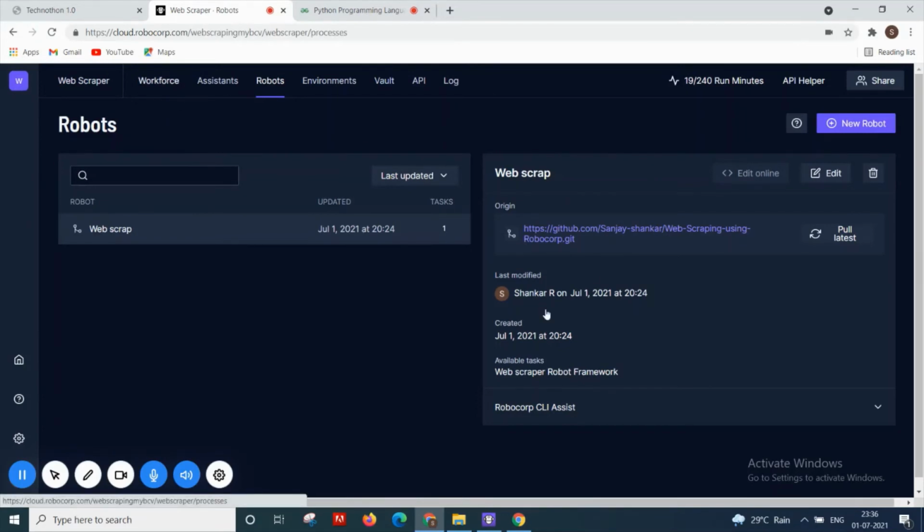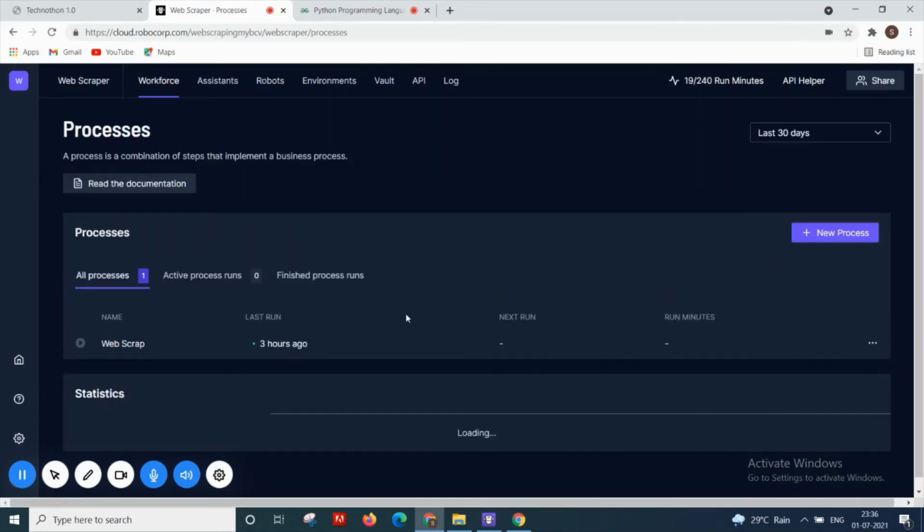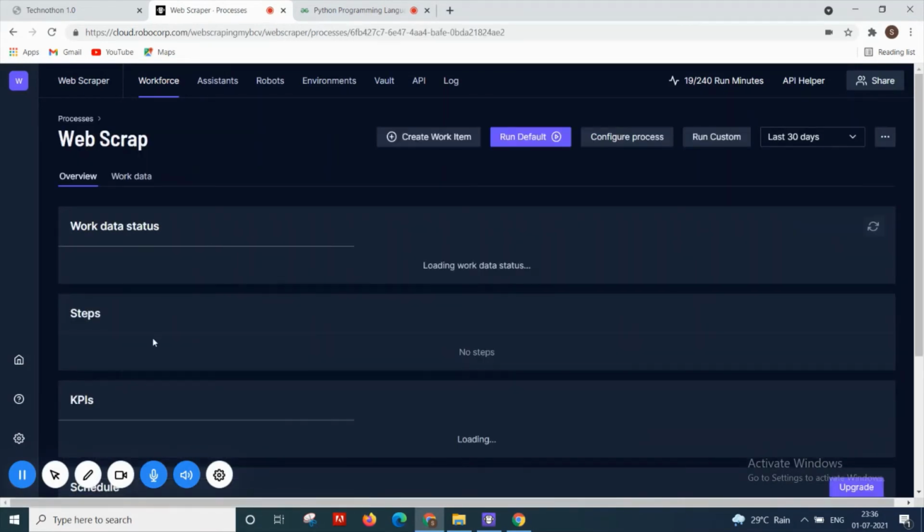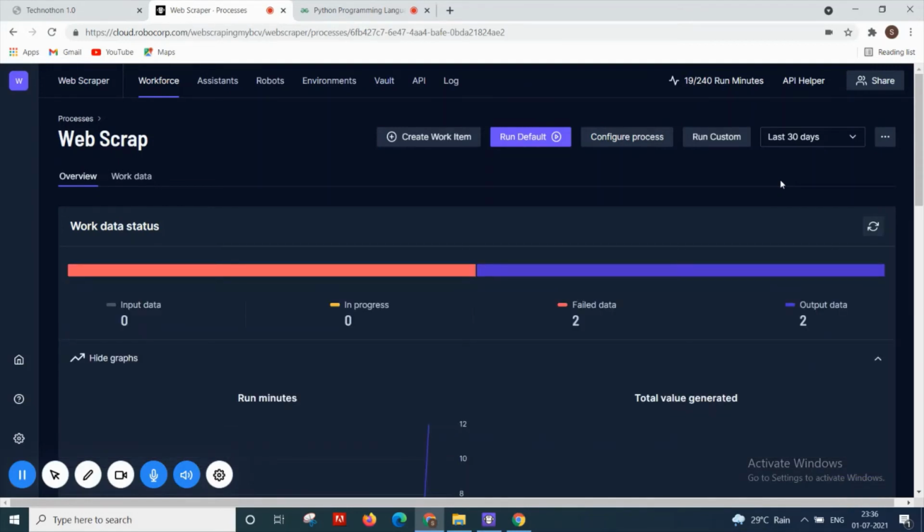As you can see in the workspace, you can create a new process, automate whenever you want, and also schedule the time for the automation. The advantage of using Robocorp Cloud is that you can access the files from wherever you are. You just need an internet connection.